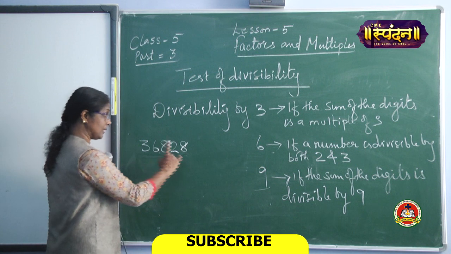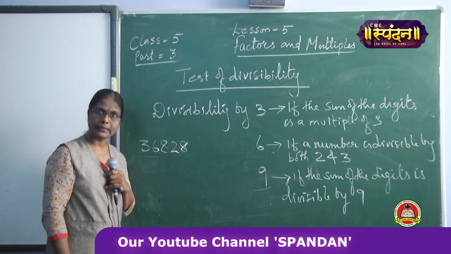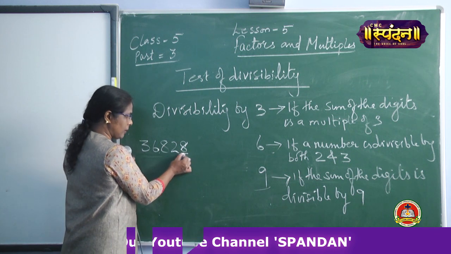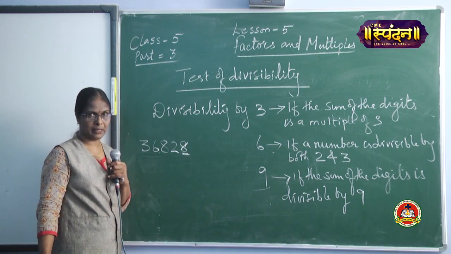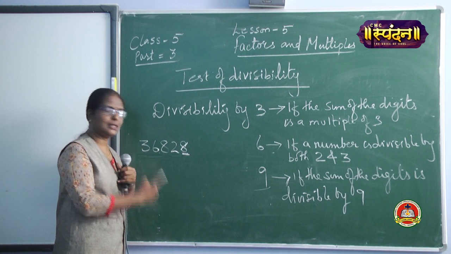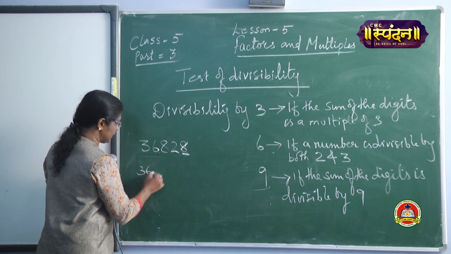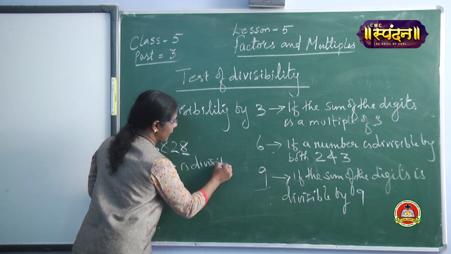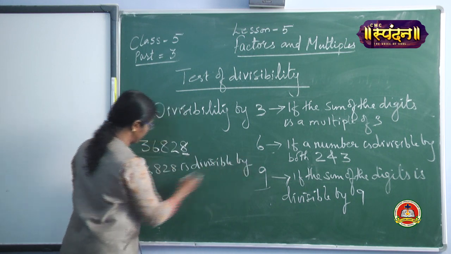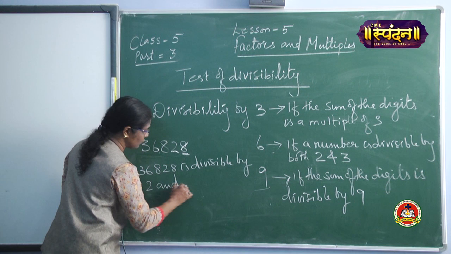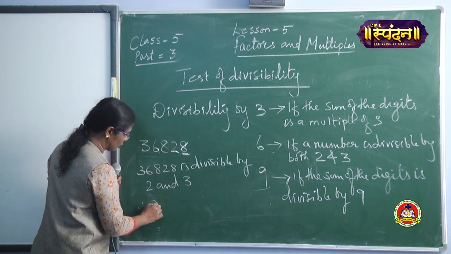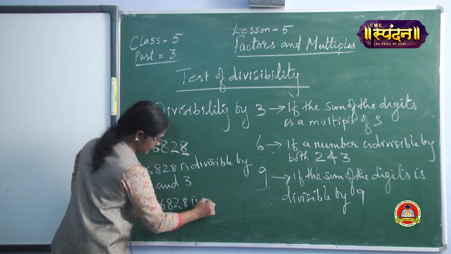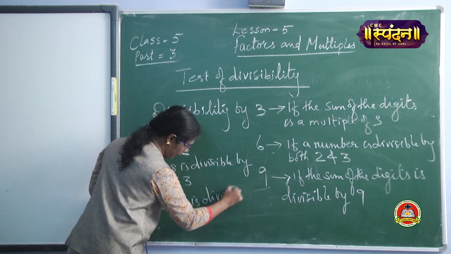Now, can you tell me whether this number is divisible by 2? Yes. How is it divisible by 2? Why is it divisible? Because it has 8 in its ones place. It is an even number. So, this number you can write: 36,828 is divisible by 2 and 3. Therefore, you can conclude that the number 36,828 is divisible by